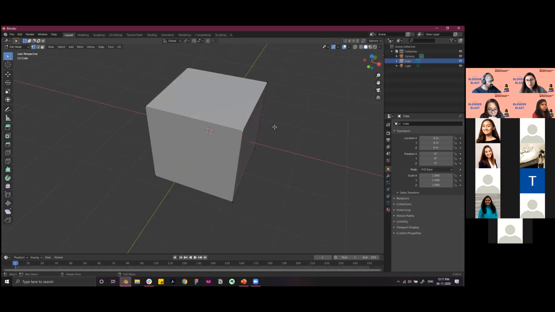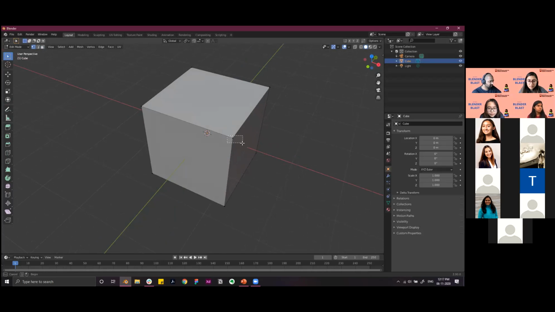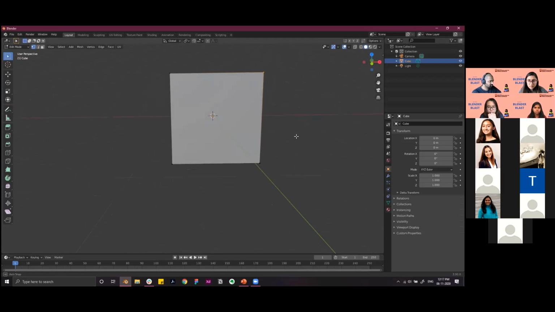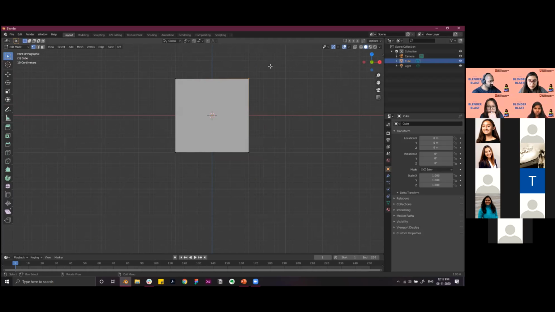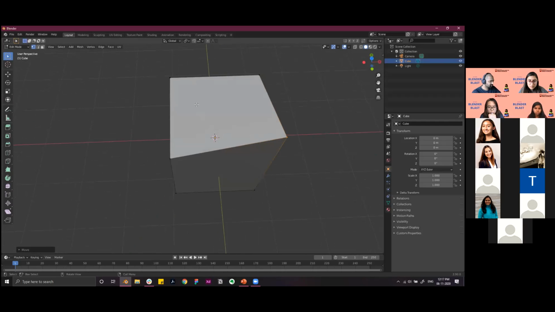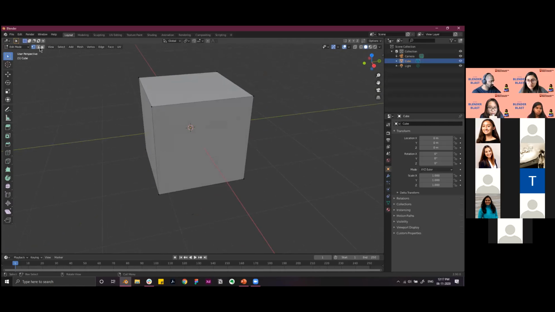So similarly to the tools I introduced in the object mode, you can do the same in edit mode. So let's say I want to move this vertex, I press G and I can squish it together or move it. I can also move it along a single axis. So let's say if I want to move it in Z, I can move this up. I can move that one up as well. So you can do the same kind of manipulations in the edit mode.